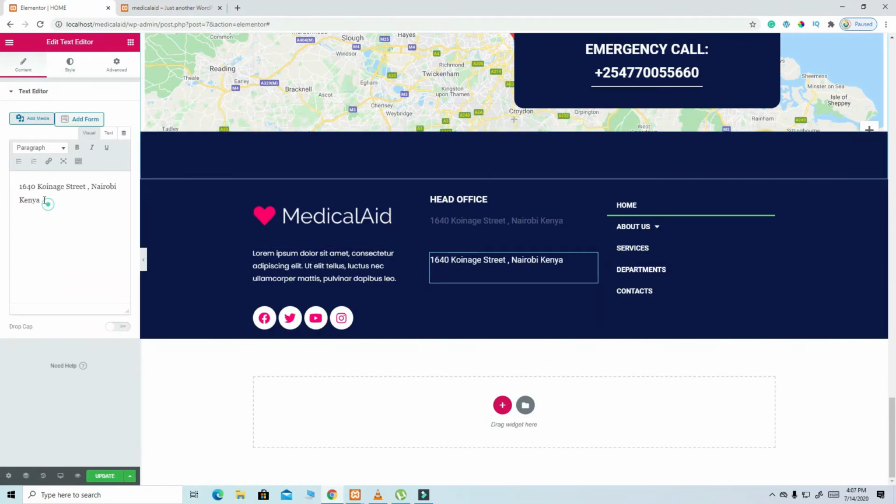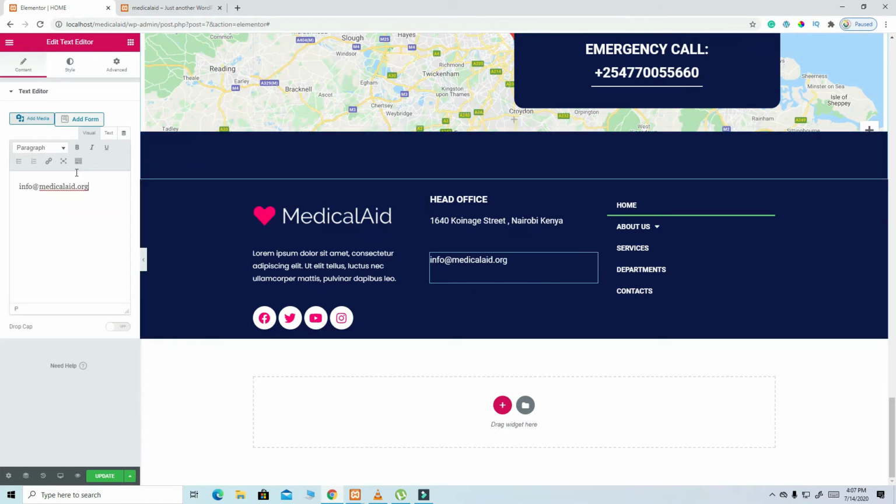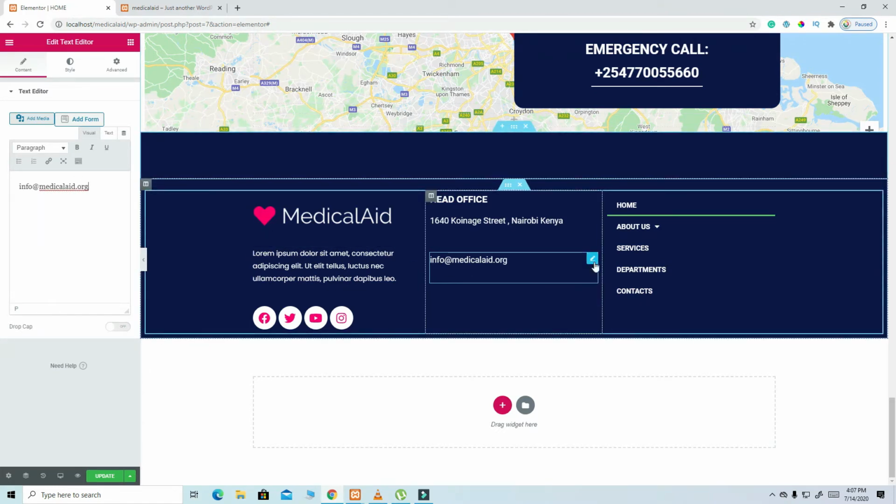and then I'll type here info. In fact, there is somewhere I typed this one earlier on. Info at medical aid .org like that. And then also there is something else we need to work on down here, so I'm going